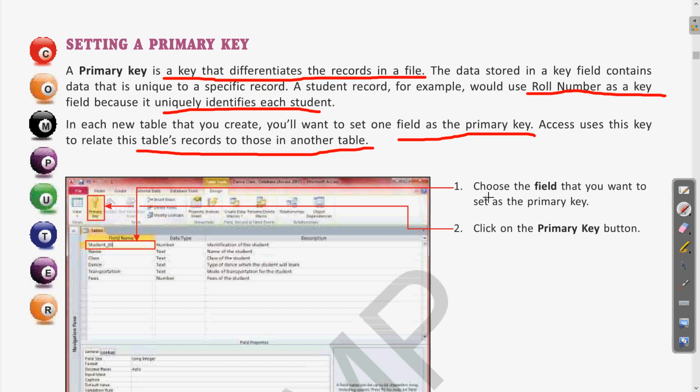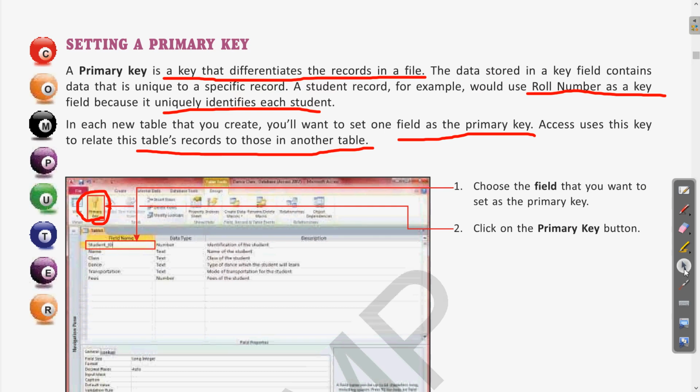First step is to choose the field that you want to set as the primary key. Second, click on the primary key button. Here you can see there is a primary key button. Whatever field you want to make the primary key, first select that field, and after that, by clicking the primary key button, you can set it as the primary key.